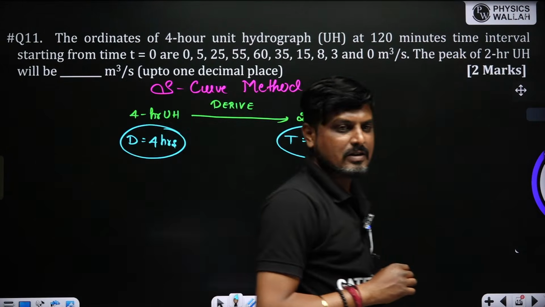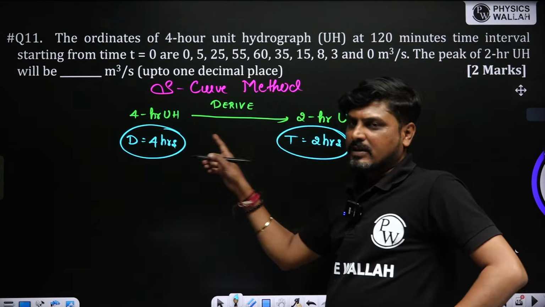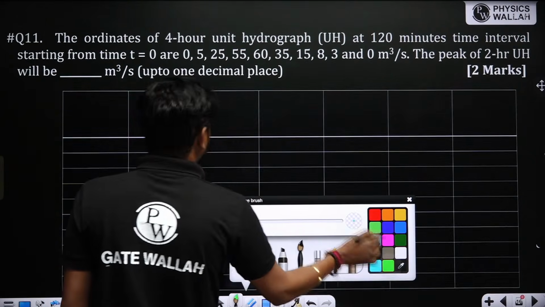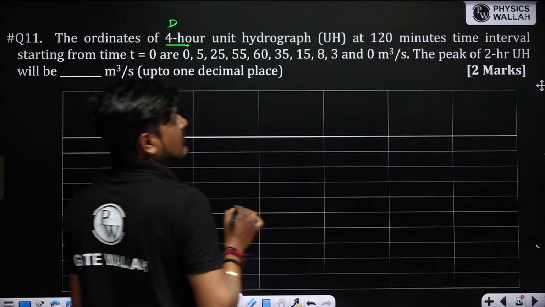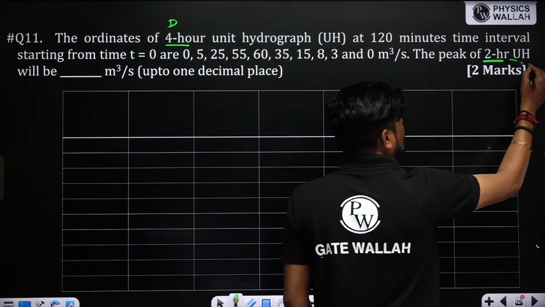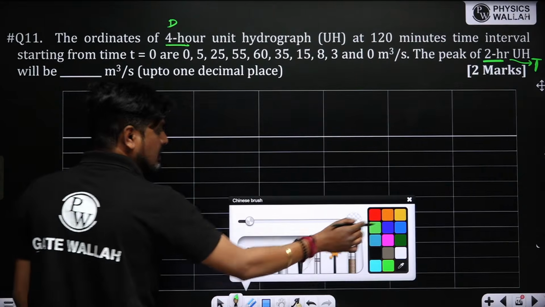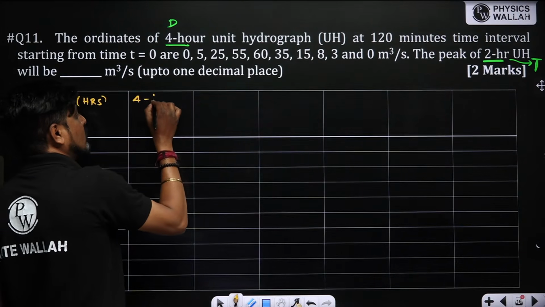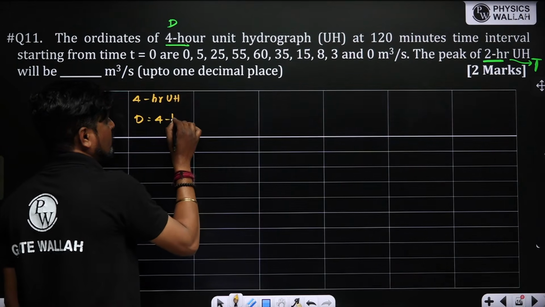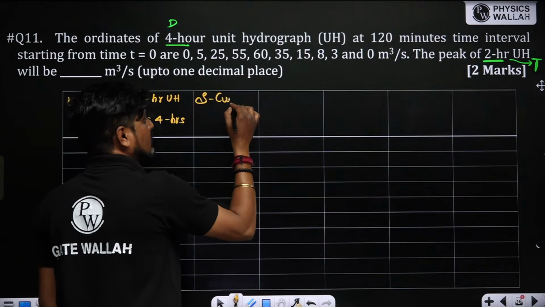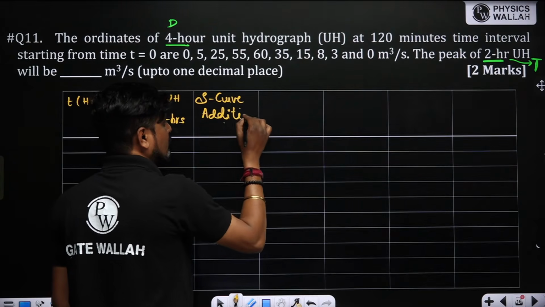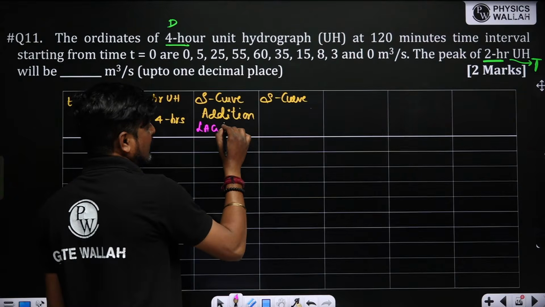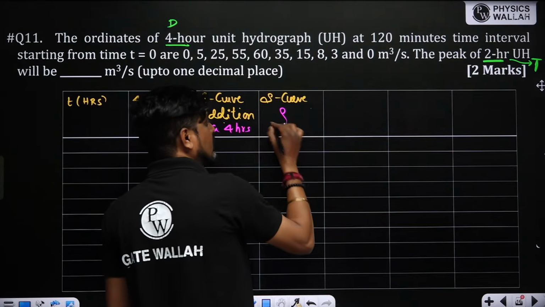सो टेबल प्रिपेयर करके सॉल्व करना ही चाहिए। सो एक चीज मैं आपको बताता हूं, पहले ये लिख देना। टेबल में ये रहेगा आपका डी, ये है आपका कैपिटल टी। कॉलम्स क्या क्या आते हैं ये याद रख लेना। पहला कॉलम टाइम आवर्स में, नेक्स्ट कॉलम गिवन यूनिट हाइड्रोग्राफ, 4 आवर यूनिट हाइड्रोग्राफ, d is equal to 4 hours। Third column S curve addition, fourth column S curve, इधर lag d hours, lag 4 hours, ये रहेगा आपका एस ए कर्व।